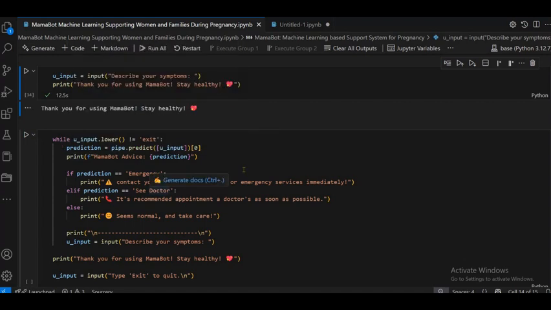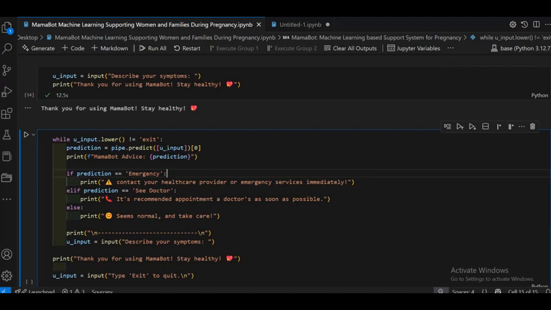Then predict is the variable name, equal to pipe.predict, where we want to predict the user input, take index 0, and then print the Mama Bot advice and then give the prediction.